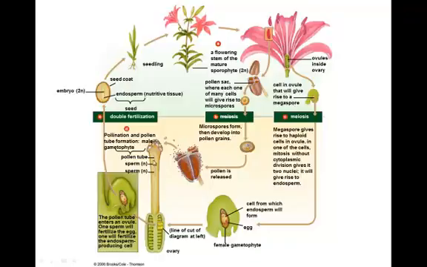So here is the life cycle of the flowering plants, and once again, of course, both the male and female gametophyte are produced on the sporophyte, the large plant, in this case in the flower. And one of the things that I want to point out to you here is the way that the pollen tube grows. So if we look,